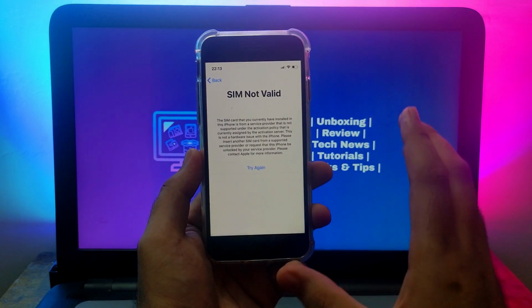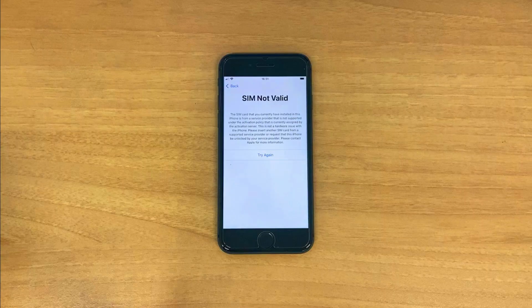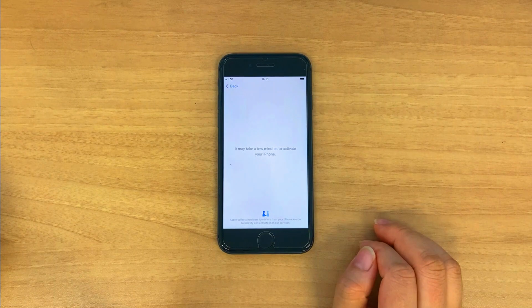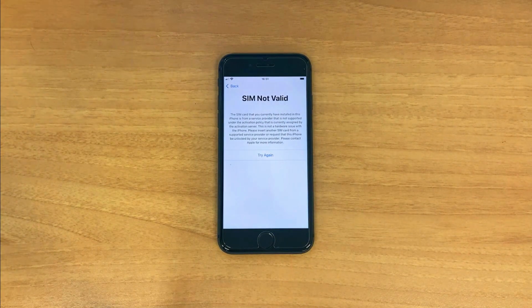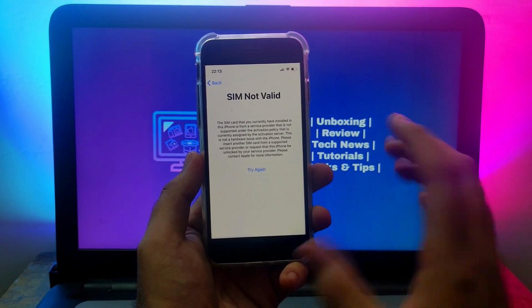Now this issue occurs when your iPhone or IMEI is carrier locked with some particular network in a country. So if you try to insert another network's SIM card or use it in another country, it will show you SIM not valid. So in this video I will show you how you can solve this issue very easily,